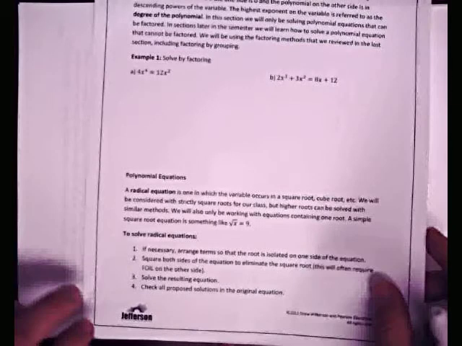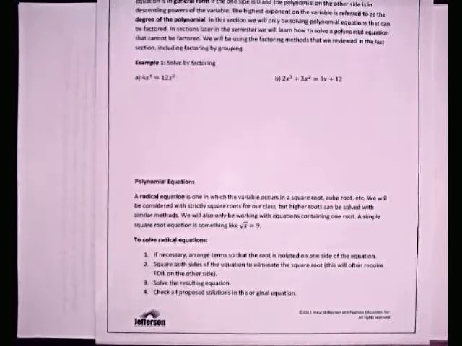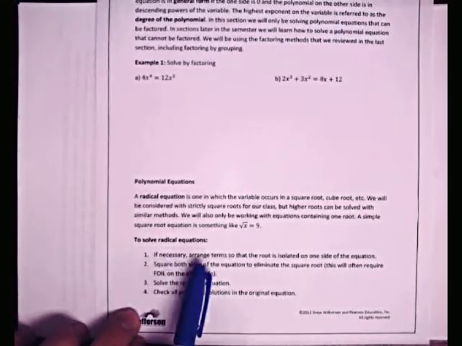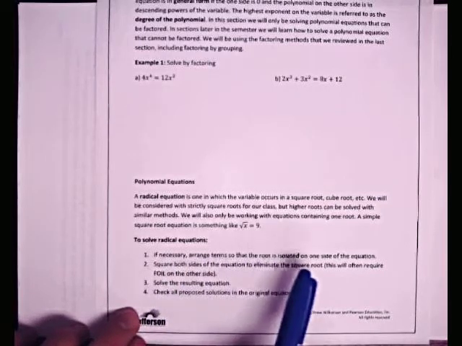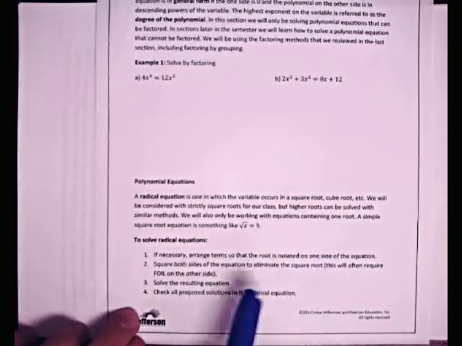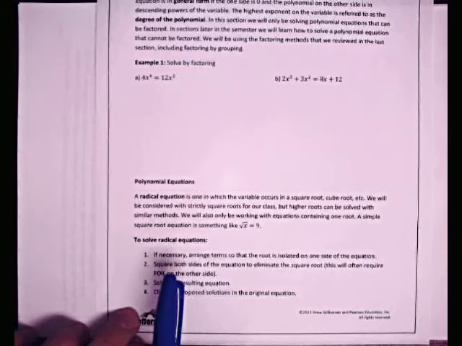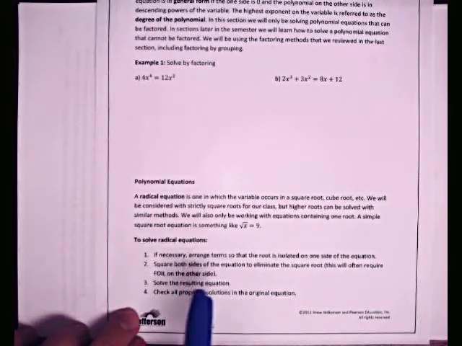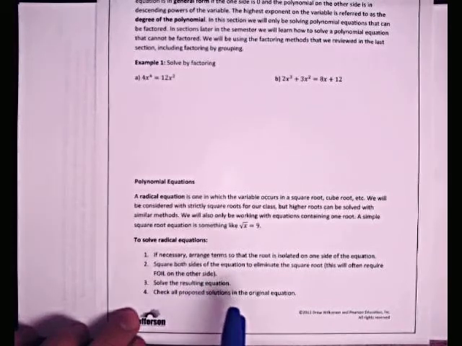Okay, so to solve a radical equation, we're going to go through the following procedure. First, if necessary, arrange the terms so that the root is isolated on one side of the equation. And then to cancel a square root, we're going to square both sides of the equation to eliminate the square root. And just note this will often require FOIL on the other side. Solve the resulting equation. And then the last thing is make sure you check all of your proposed solutions in